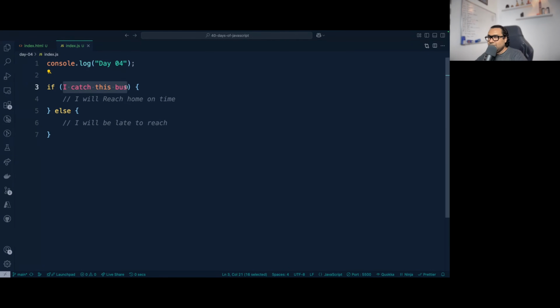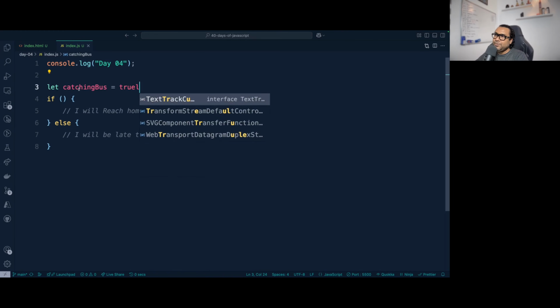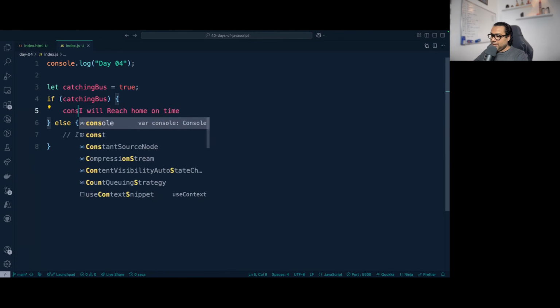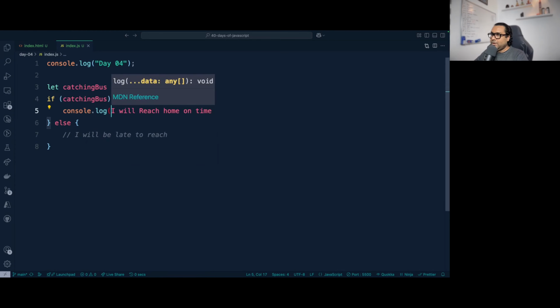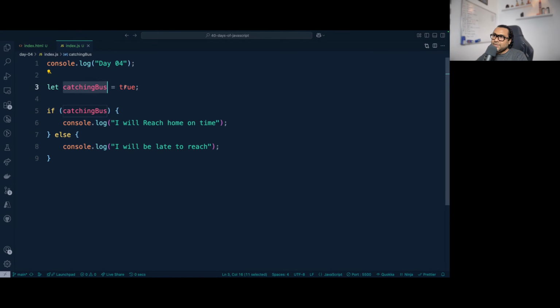So I can create a variable, say catchingBus equals true, and I'll put this catchingBus over here. If catchingBus is true, then I can say console.log, let's print this as a string, and for the else also let's print a string. So if catchingBus is true, that means this condition becomes true, then I will reach home on time.